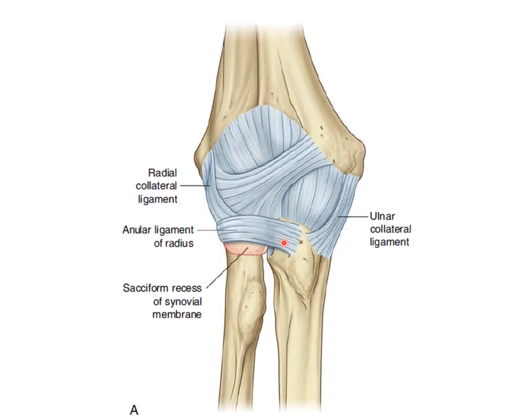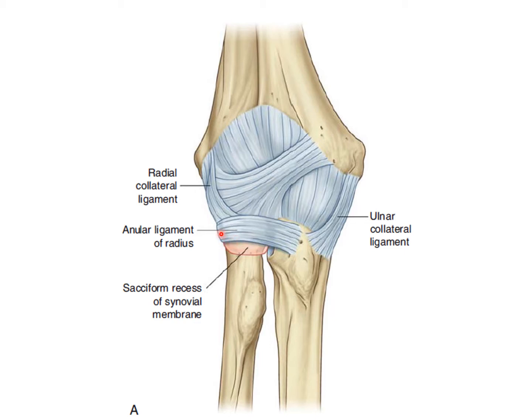Now we can see the ligaments: the radial and ulnar collateral ligaments of the elbow joint. This is the ulnar collateral ligament and this is the radial collateral ligament, which support and keep the bones in position. Just below that we can see a ligament attaching to the side of the radial notch of the ulna, and then going across the head toward the other side, which we can't see in this diagram. We will see it in the other diagram. That is known as the annular ligament, named annular because it moves around completely, making a circle.